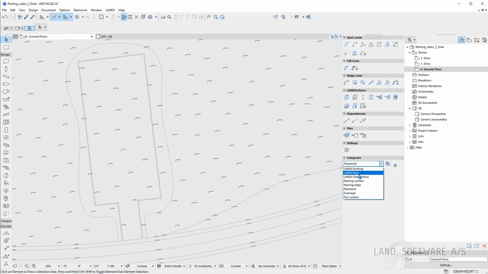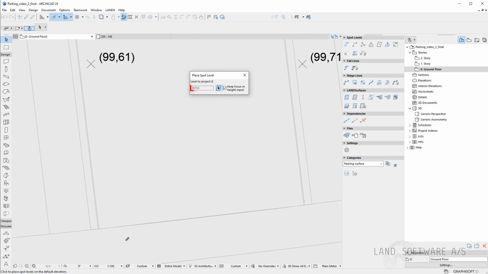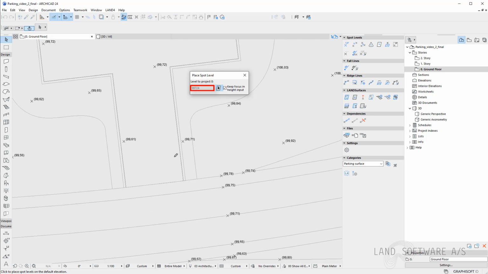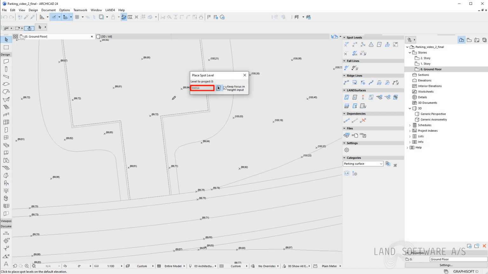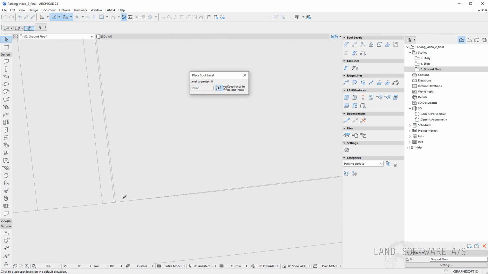I'll start by setting the right category, and I will use the gravity tool to place some spot levels at the junction between the parking surface and the existing road. Basically, the gravity tool reads height values along the surface. So as you can see in the box, when I move my mouse around, the values are changing, and that's because they are read from the surface. So I will just place